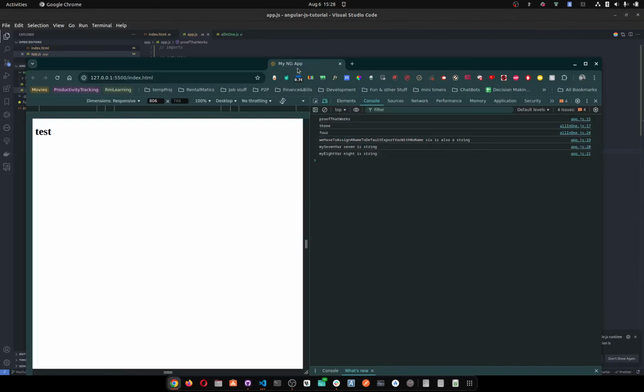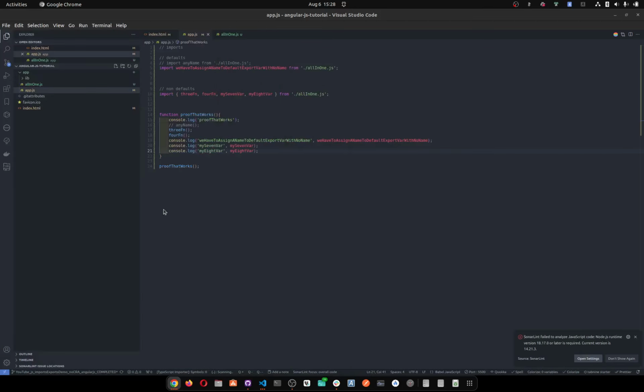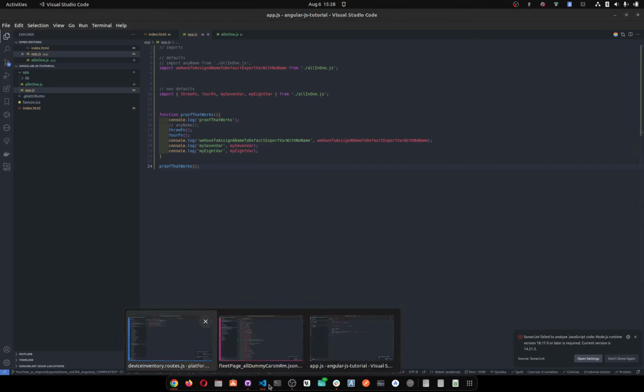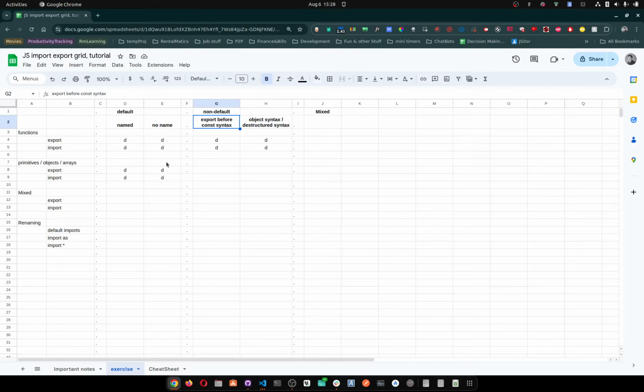Okay, so 8 is working. There you go, you see? You can see 8. It's in here. I covered const export and I covered this. Okay, so